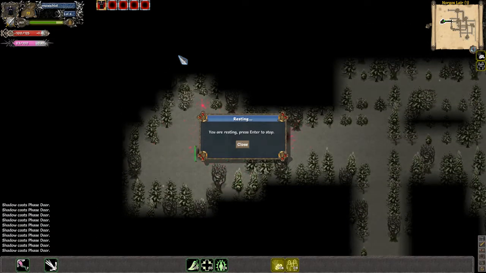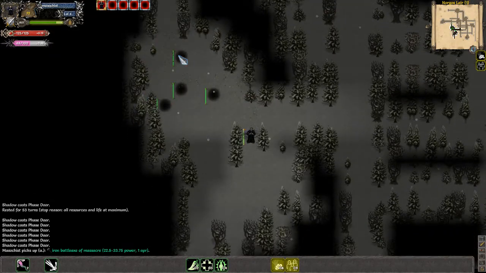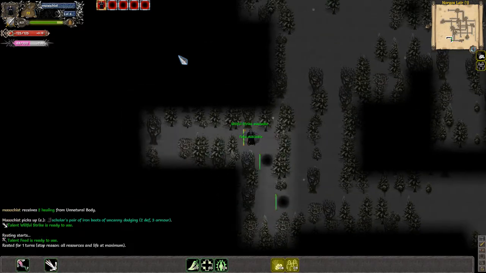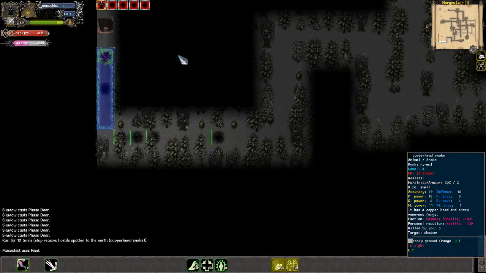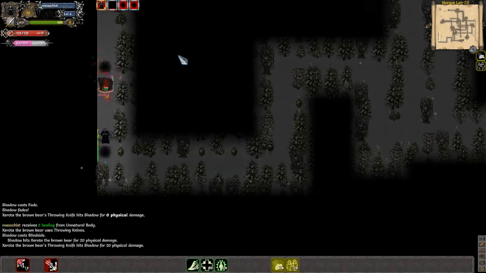If we get to the end of this stage and there's not like 3 bosses like there was at Trollmire, we'll beat this stage, we'll go back to Trollmire. We'll get enough XP to be able to kill those 3 bosses at once. This is a boss here as well, but it's not an actual...